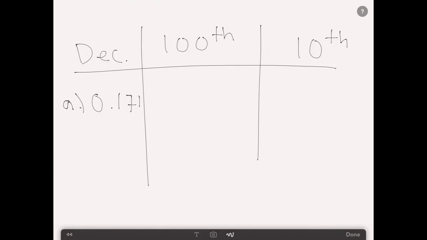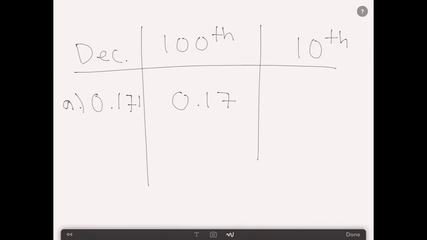171 thousandths. If we were going to round that to the nearest hundredth, well, you look at the 7 is in the hundredth. Look to the right, that's a 1, so the 7 stays the same. So that would be 0.17 or 17 hundredths. Notice when I round to the nearest hundredth, the last number in my decimal would be in the